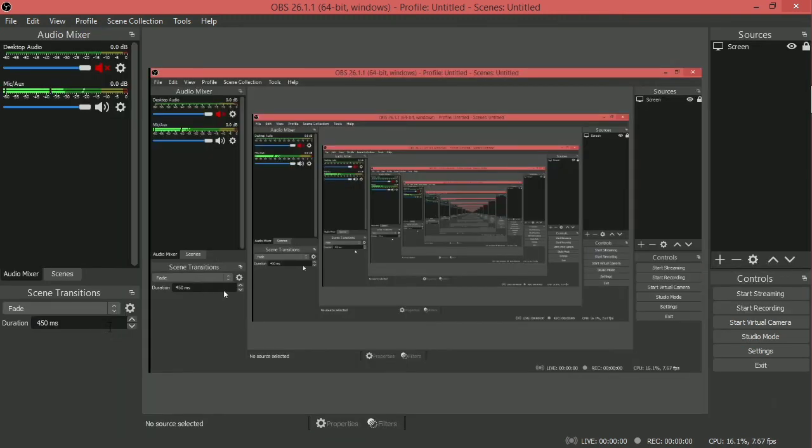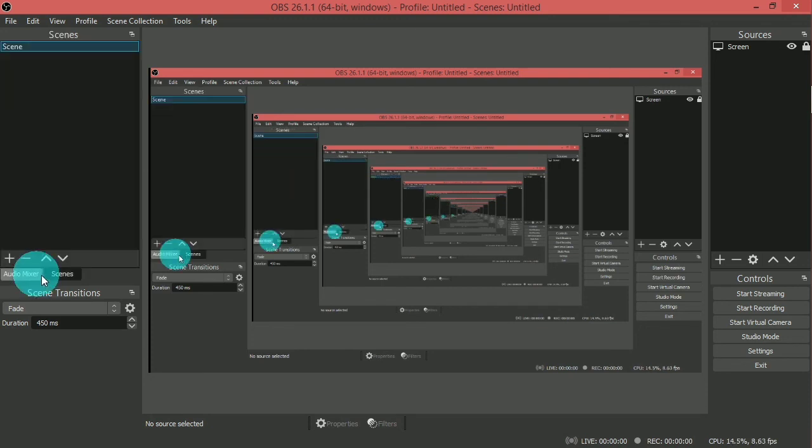So I have also placed audio mixer here. So audio mixer and scenes will be here. So we can switch between audio mixer and scenes as I'm highlighting here, and bottom of it is scene transitions. So this layout is very comfortable for me. The use of this layout is that the preview will be much larger compared to the previous one. So you can see that the preview is much better, and we can control the scenes and the sources much easier than we did before.